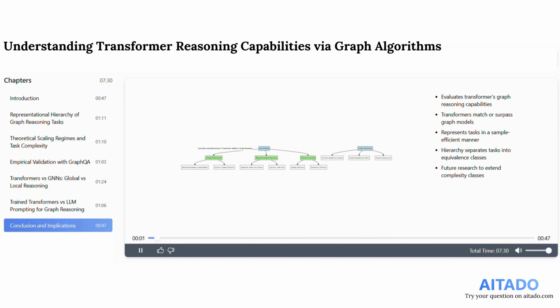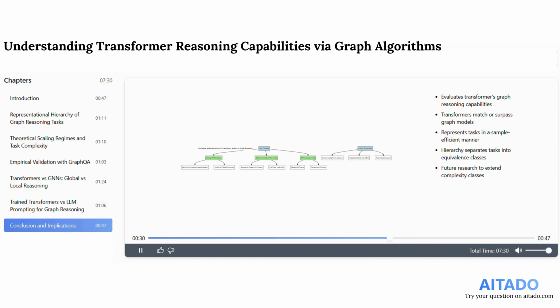This document has thoroughly evaluated the graph reasoning capabilities of transformers, demonstrating that they often match or surpass specialized graph models. The tasks are represented in a sample-efficient manner, and the representational hierarchy effectively separates them into equivalence classes. The image visually organizes the key findings, highlighting strong performance, efficient learning, and the application of a representational hierarchy to